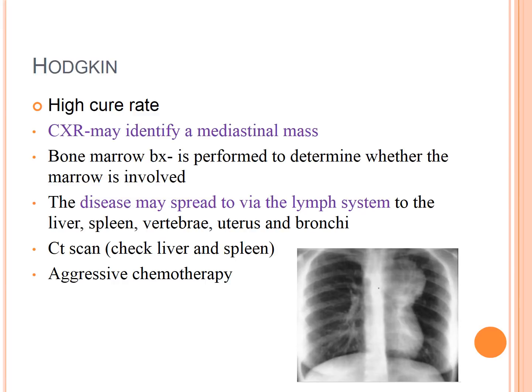They may also have a bone marrow biopsy or aspiration to determine whether the marrow is involved. And as I mentioned earlier, it spreads via the lymph system and ends up affecting multiple organ systems within the body. Treatment would be aggressive chemo,